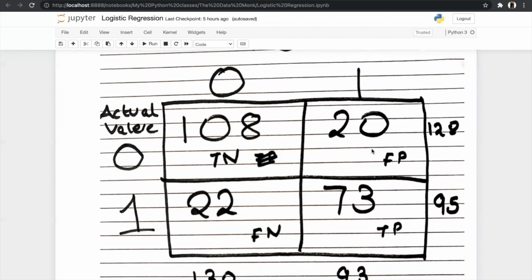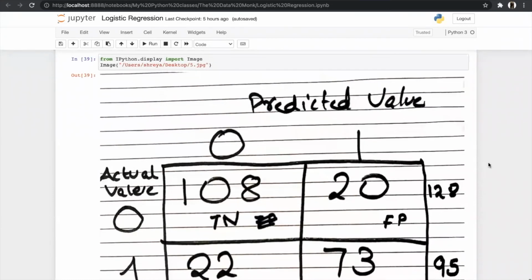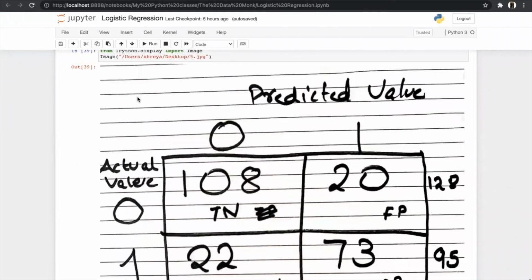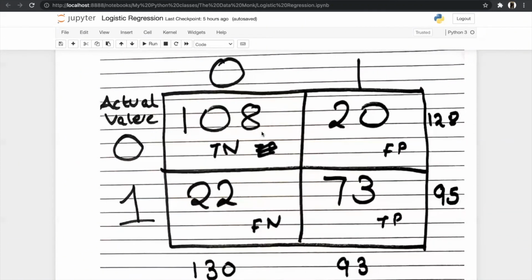But what do we mean by precision and recall? As you can see, in recall, we calculated for 0 and 1, and in precision, we also calculated for 0 and 1. But how do we calculate that? Recall of 0 means how many times our model has predicted 0 as 0 divided by the total number of 0s in our actual data set. So we can calculate recall manually also.